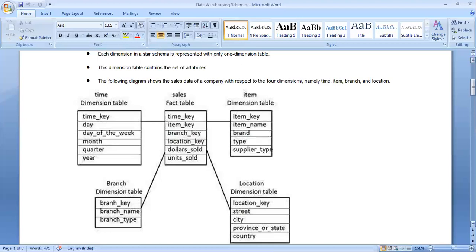In this way, we can see that in the star schema, the center table stores just the key values, and these key values can be replaced by the one dimension table, which elaborates the information of that particular dimension. By using one dimension table, there are basically two advantages. First, the complexity is removed, and the second is